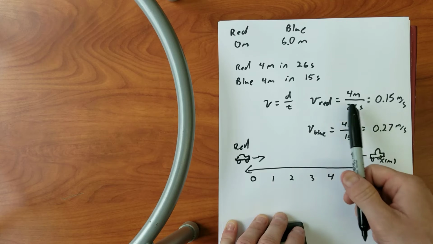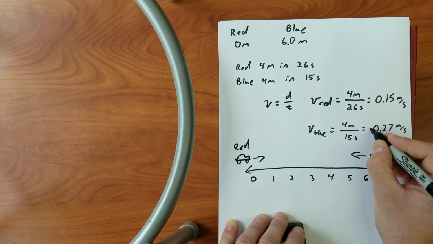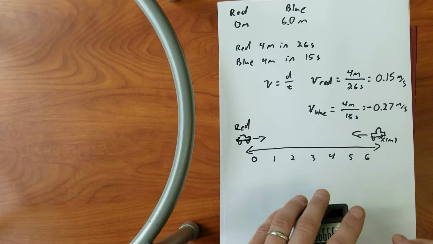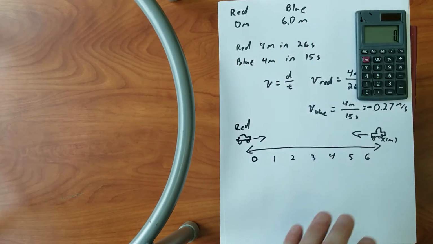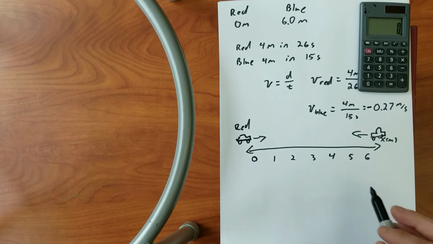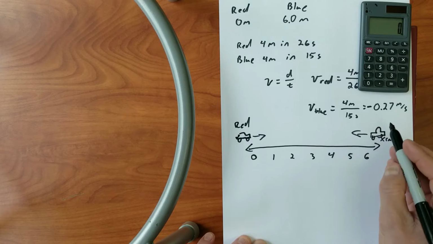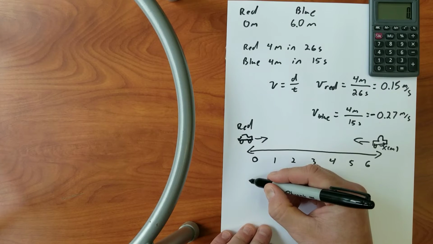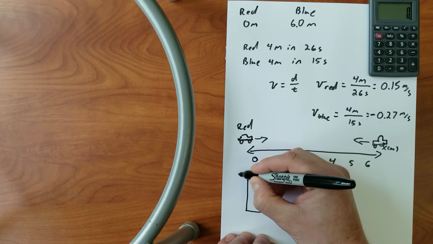So that means, if I look back to their velocities, v sub red is going to be positive 0.15, and v sub blue is actually going to be negative 0.27 meters per second. That's very important, and a lot of people missed that, but this was a common mistake as well. Remember, your job also, besides taking notes, is to figure out what mistake you were making during the lab. So now, what's going to happen here is I'm going to make an equation, a line equation for both of these cars. And it's going to be like a line equation of one of these graphs where you have